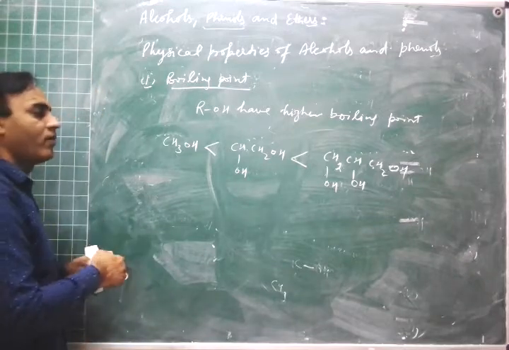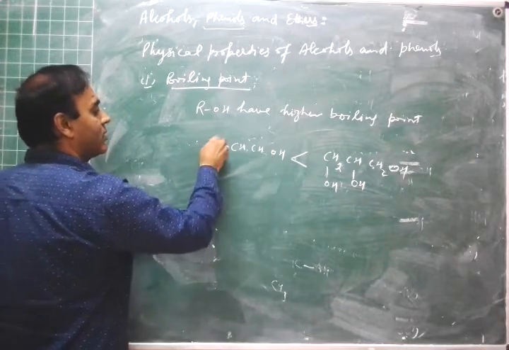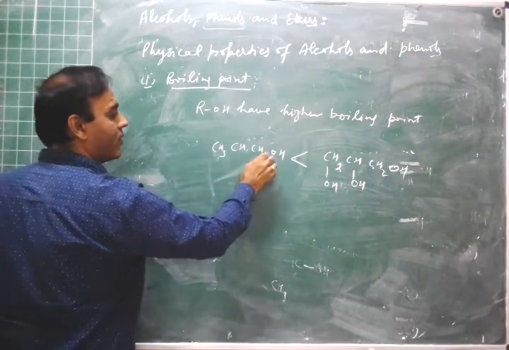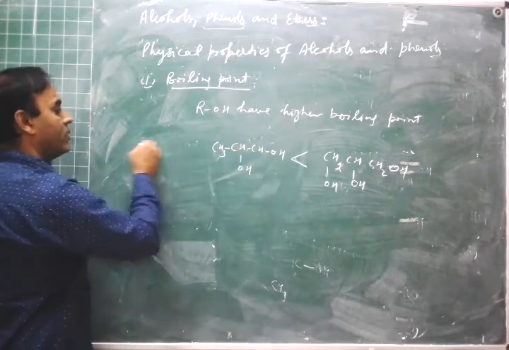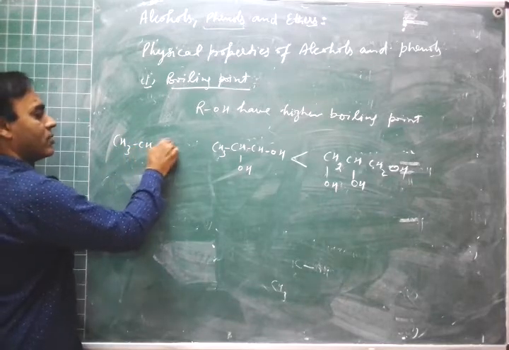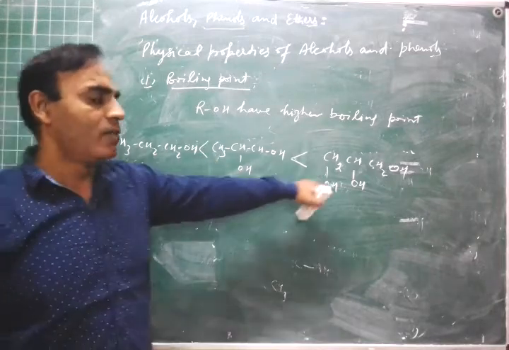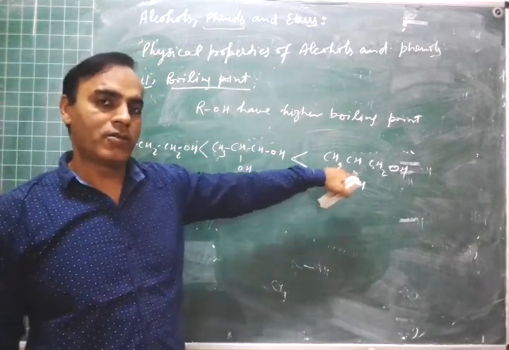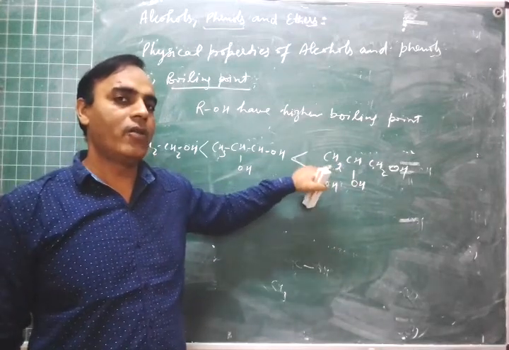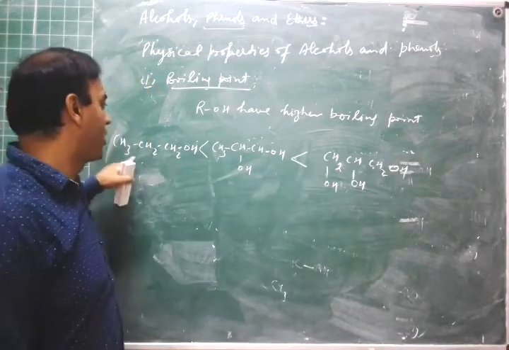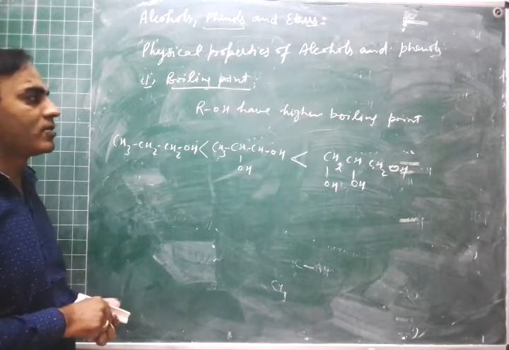So if I increase the number of carbon atoms, then again the same will be the order, right? That is, CH3 here, and here is one OH, and here is another OH, right? And you can show bonding between now CH3, CH2, CH2, OH. So again the same order will be there because there are more number of OH groups. So this will show more number of hydrogen bonding between their molecules. This will be the highly bonding compound, and this will have the least bonding compound. So this is about the boiling points of alcohols.